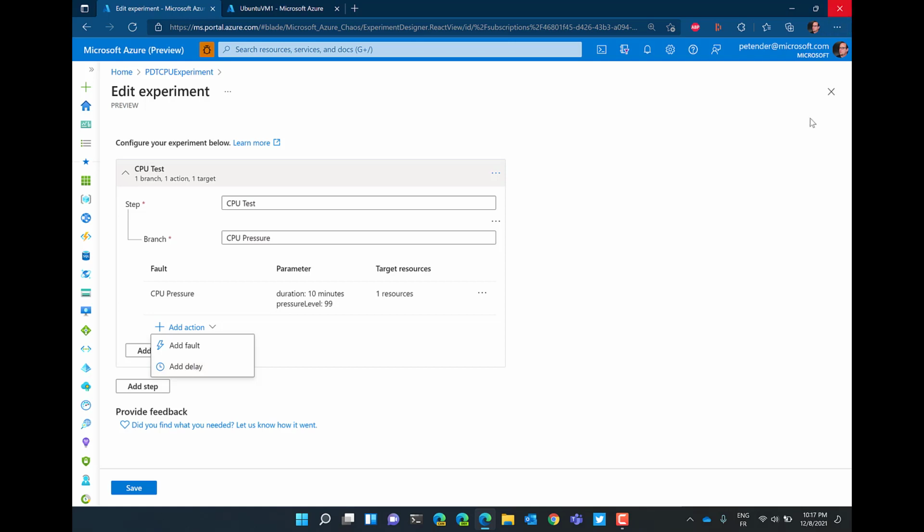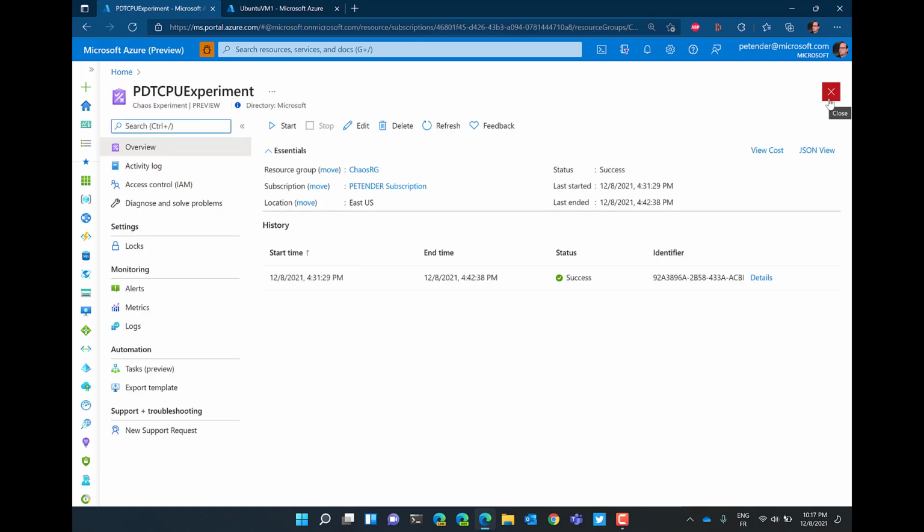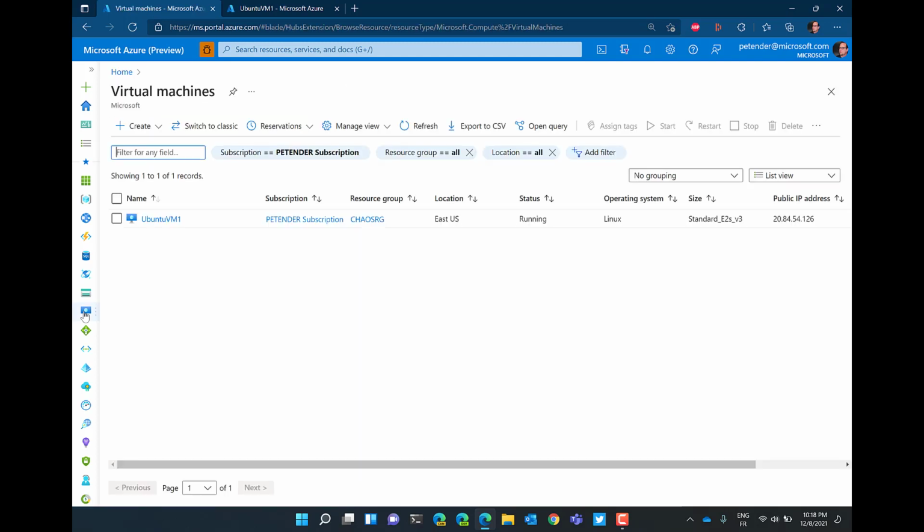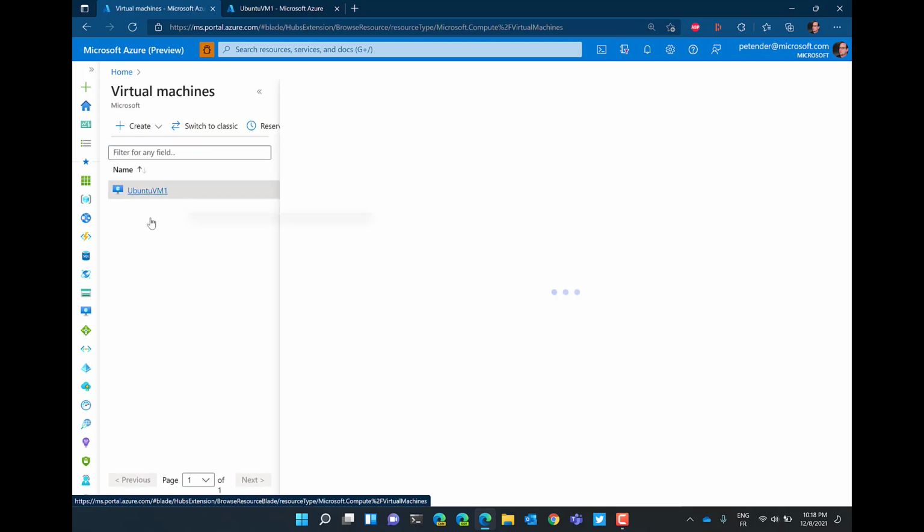Once you have all this in place, we're almost there. So one step back, and one last thing we need to do is define that this new chaos experiment, which by itself is a standalone Azure resource, needs role-based access permissions to read the target resource. Now, in the scenario I explicitly defined it on the virtual machine level. So I can go into my Ubuntu VM once more,